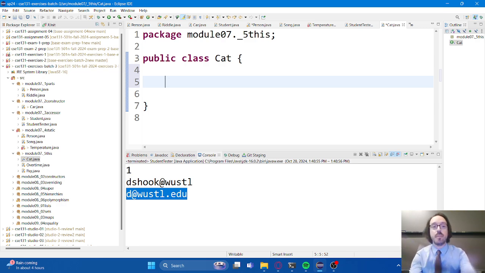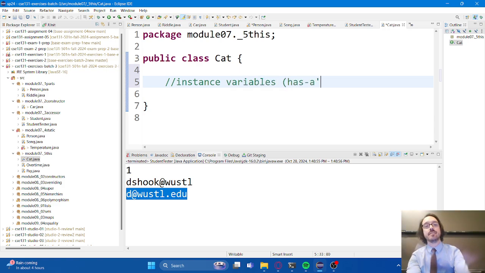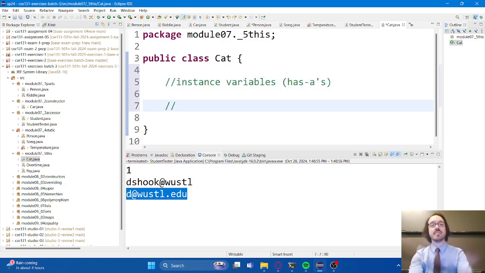When you're doing that, remember there's two things in every class. What's the first thing that I expect to see at the top? Instance variables. And remember, this is the has-a. That's the phrase that I use to make sure my instance variables make sense. And the other thing that I expect to see is methods. If you're looking for a fancy phrase, there really isn't a super great one, but these are things that my object can do. So what are the verbs that are associated with a person or cat? What are the actions that you would expect this to perform?